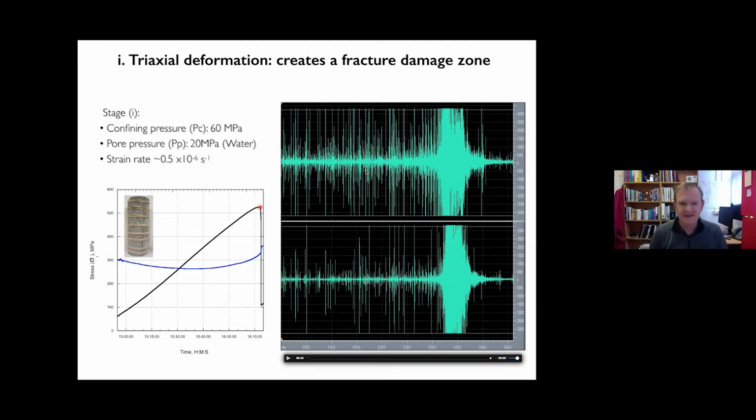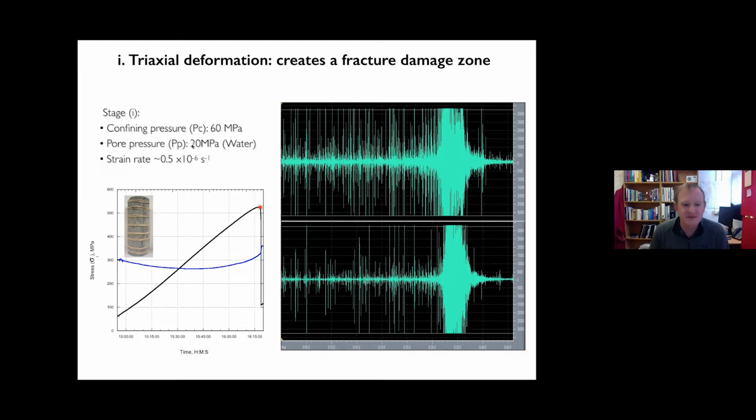So it's not just a fancy demonstration for a little bit of fun. It also tells us that some of the scaling can be done in exactly the same way from the lab to the field as you can do from field back down to the lab. So that gives us some confidence that we can do these experiments and apply it to the field with a reasonable amount of robustness. So these experiments, the stage 1, just to generate a fractured damage zone, you chose representative